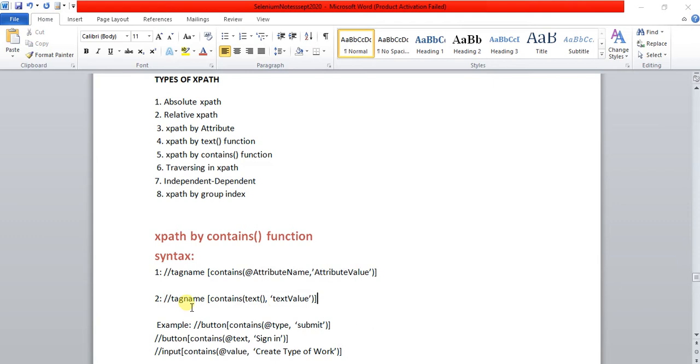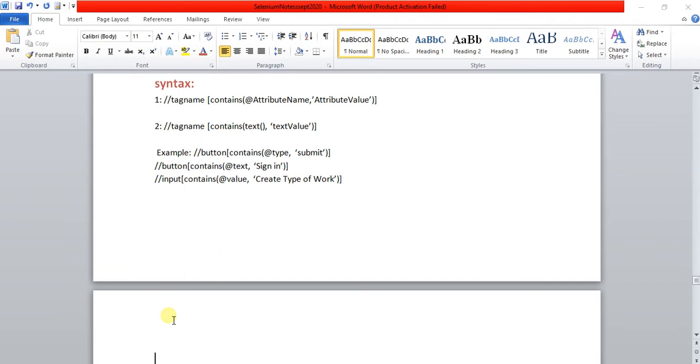One more syntax is double forward slash tag name, contains text and text value. So this is an example: button is the tag name, and contains, type is the attribute name and this is the attribute value. Same thing over here, button contains text, where text is the attribute name and then the attribute value.